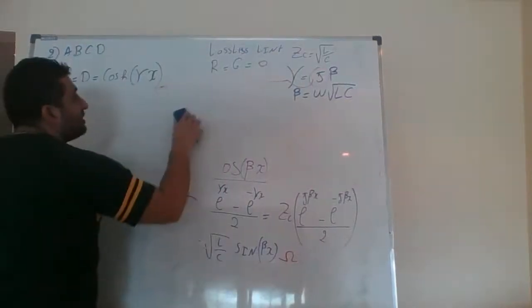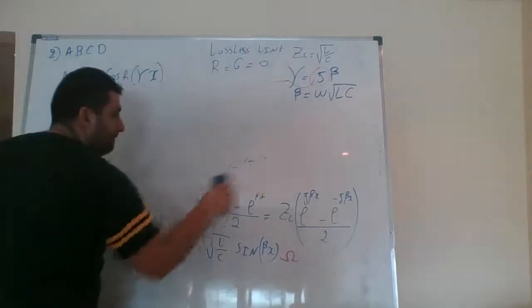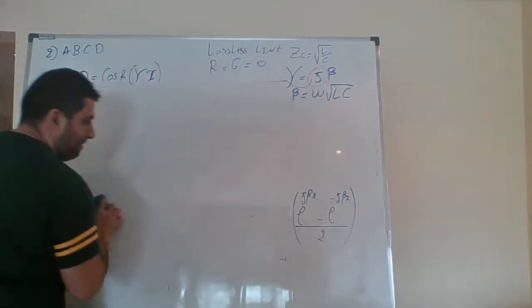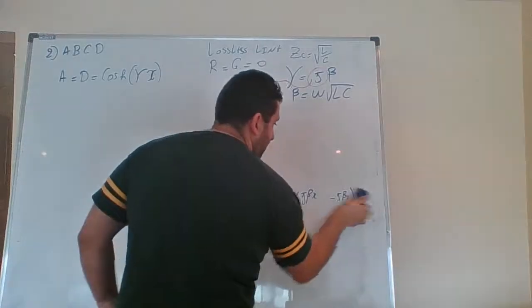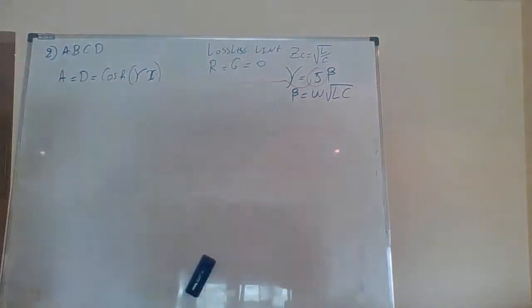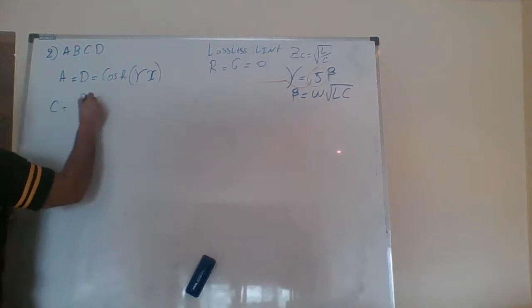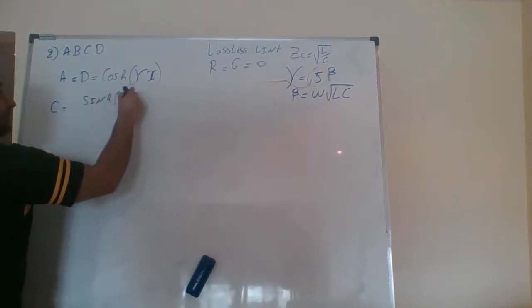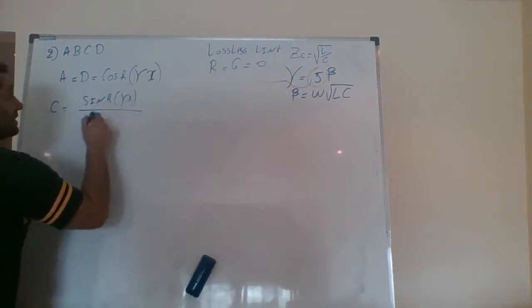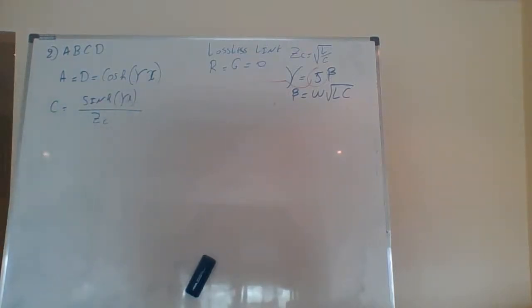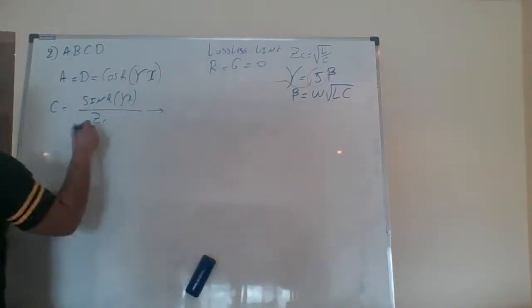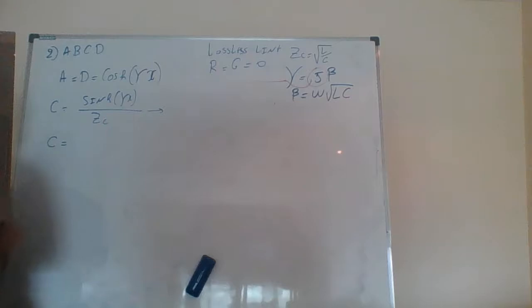If I do the same for C, do you guys remember what C was? C is equal to sine hyperbolic divided by ZC. Sine hyperbolic, if you remember, is going to be j sine. So for a lossless line, C will be equal to